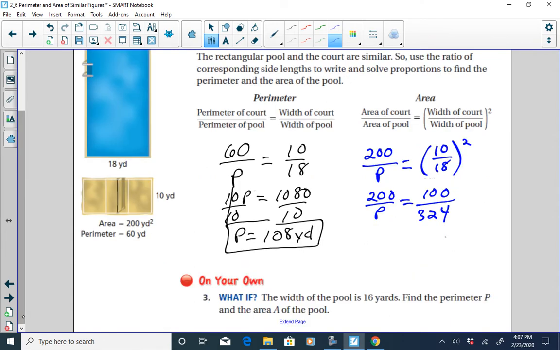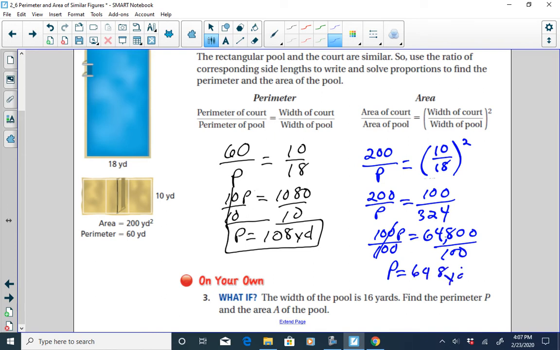We cross multiply. 100 times P is 100P. 324 times 200, that's going to be 648, put two zeros, that's 64,800. When we divide both sides of that equation by 100, they cancel. P is going to be equal to 648. Those are going to be square yards, and that's going to be the area of the pool. It's going to be 648 square yards. All right,